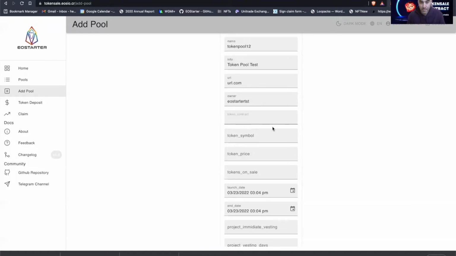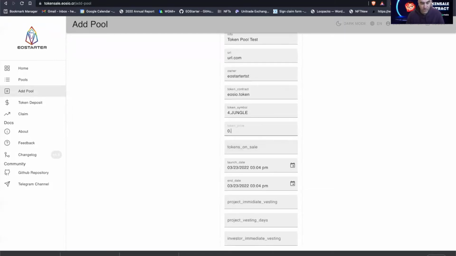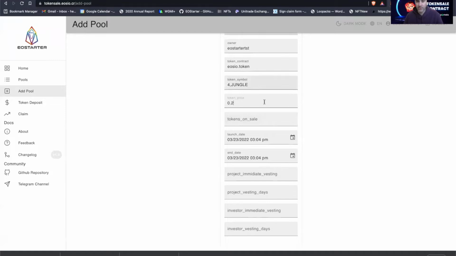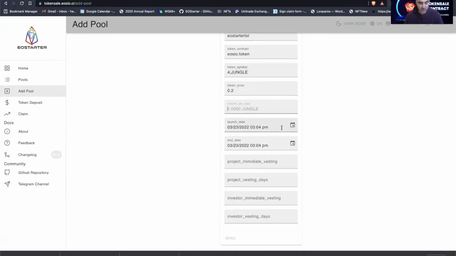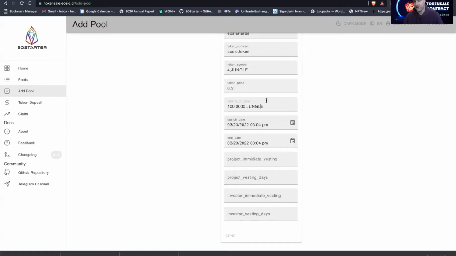Now, we need to explain which is the token contract that we'll be using. And for this particular case, we'll be selling Jungle testnet tokens. The token is in the Jungle testnet. So we now establish the token price for each Jungle token and how many jungles we are selling. For example, we're going to sell 100 jungles here, and we have to specify the decimal points and the token